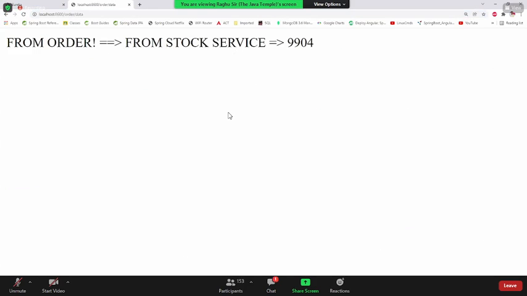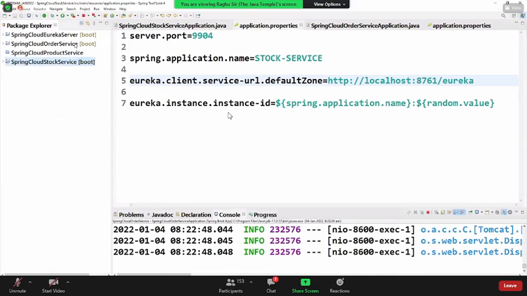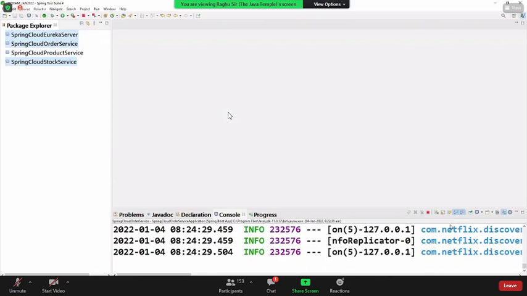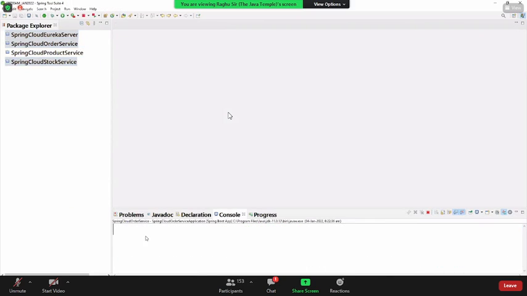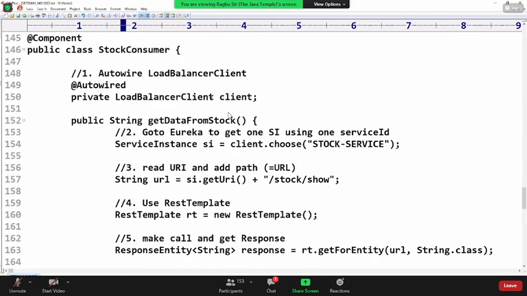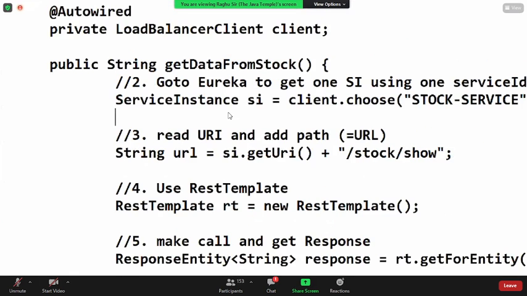Okay. I'll show some commonly occurring issues here and what is used in real time mostly. Whatever you have seen today is just a basic example, but in real time this is not used. Lengthy coding, right? Autowire LoadBalancerClient, call the choose method, get one instance. Like this, we don't write in real time.